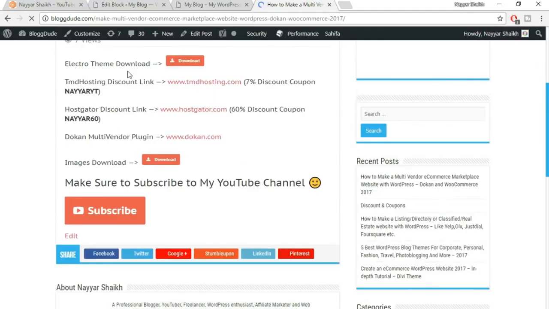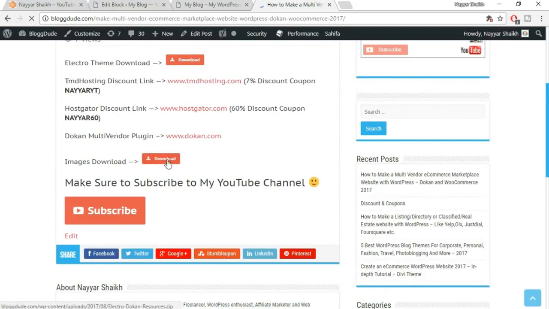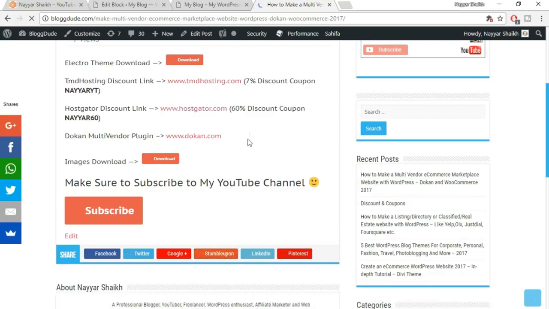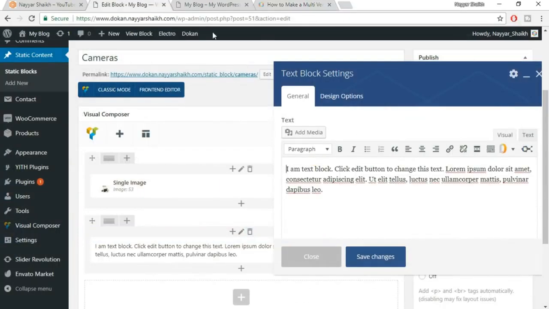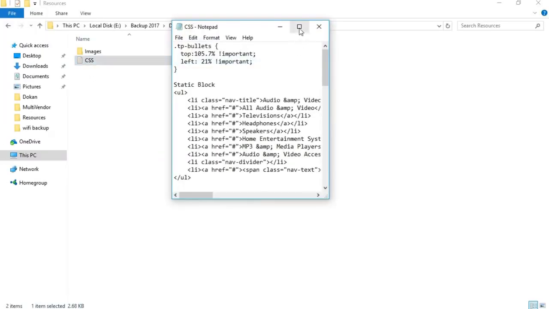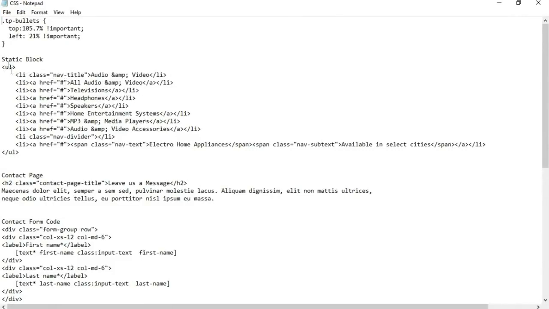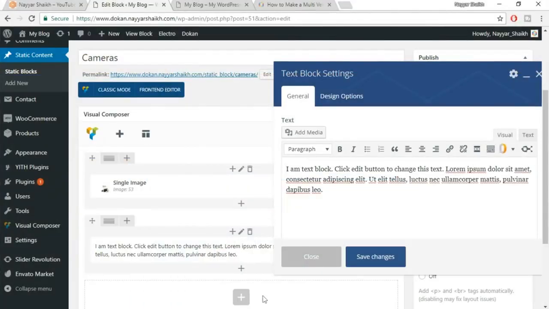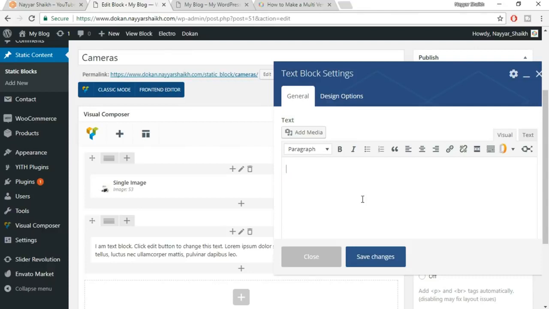So when you have this theme, you have images over here. When you click on this images download, you'll get a file. There everything is present, the codes and everything which I have used, the images, everything which I have used on this demo website. So again come back over here and let me show you that file. This is the CSS file. Here there is a code. This file is also present in that folder. It says static block. Just select this much. Click on copy, come back to your website over here, and under text block delete everything and